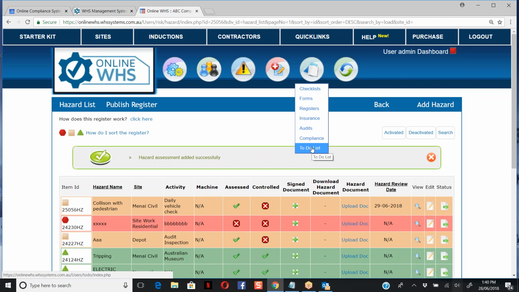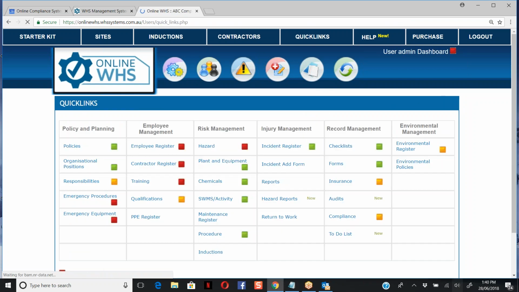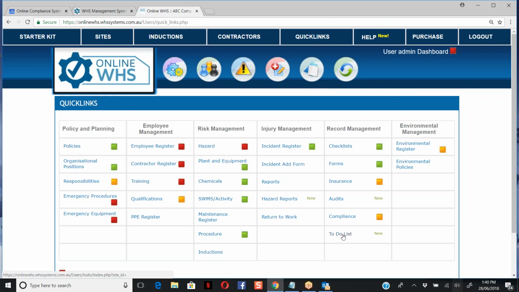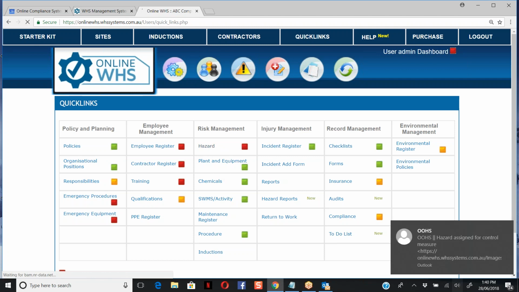So technically, hence why I put that button there in the first place, anything that you need to do, you can do here and select this, and all the things that have been assigned to you will be there, especially if you've been assigned to assess a hazard or assess an incident or whatever it may be. Well, let's just go back here,